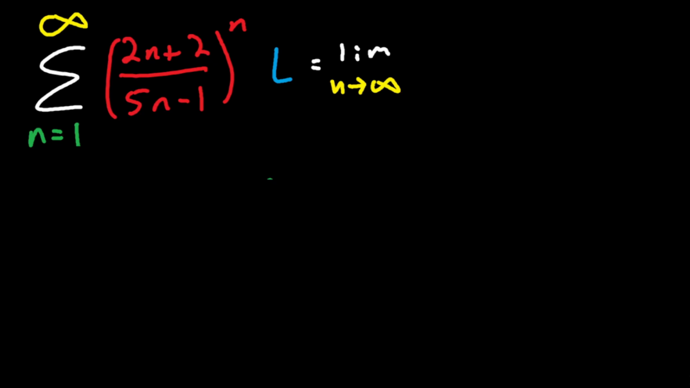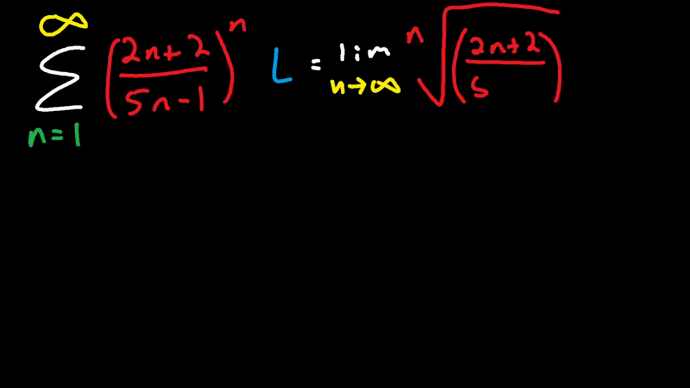So erase the conditions for more space, of course. And remember, this limit is the nth root of your series, correct? Well, let's go ahead and take the nth root of this series: 2n plus 2 over 5n minus 1 to the power of n. What you can actually take out of this is